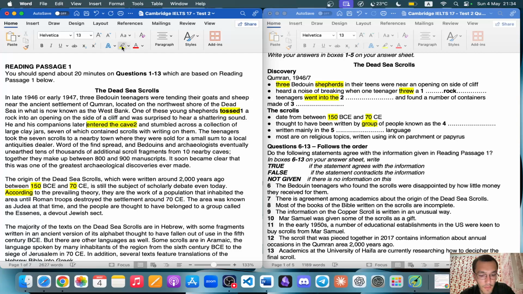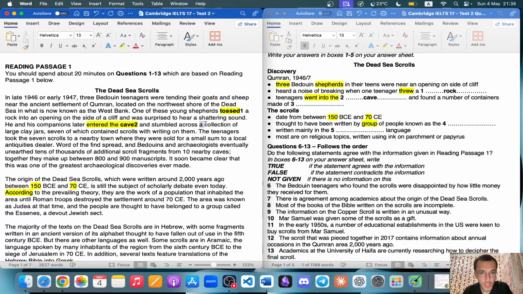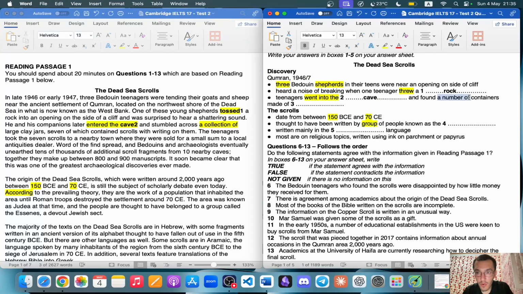They entered the cave, so just highlight that. They entered the cave and stumbled across a collection of large clay jars. So they went into the cave and found a number of containers. A collection of is a synonym for a number of. So it's made of clay, and I'm going to take that. Date from between